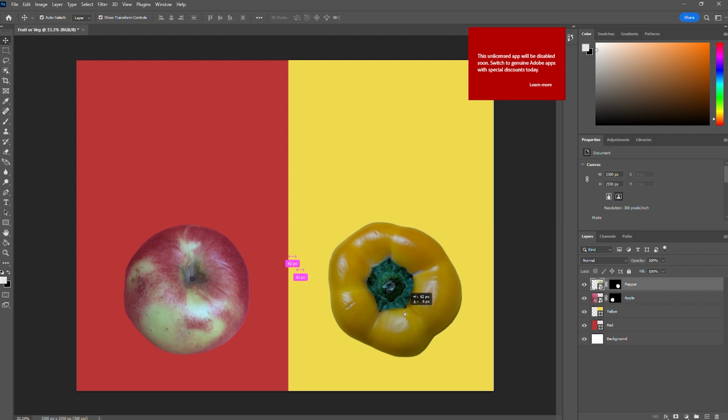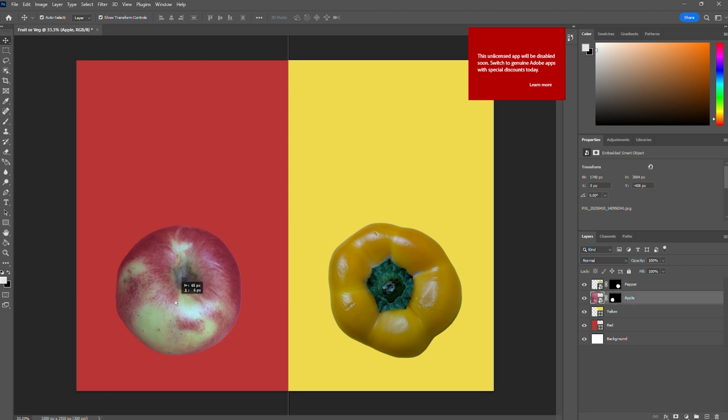So I'm going to move it just to make little adjustments here, kind of center off the apple, center off the pepper. Perfect. Okay, so now we got our two subjects, the apple and the pepper, in the place that I want them, just as I sketched it out, and I showed you guys how I sketched that out. And we have the backgrounds. So next,